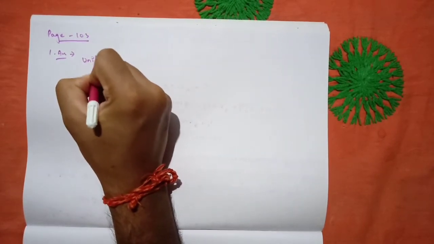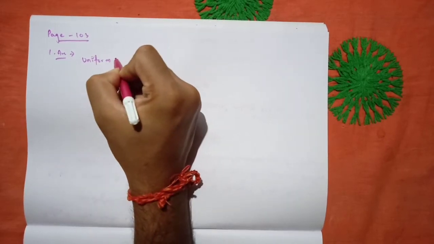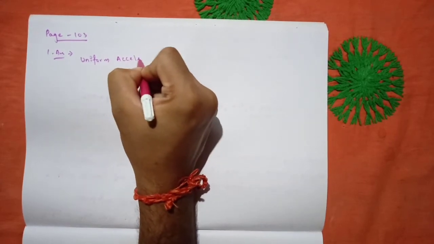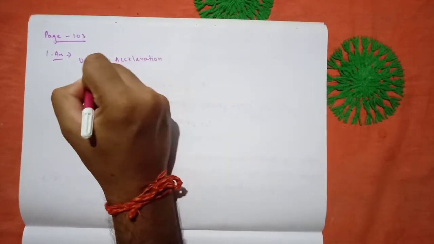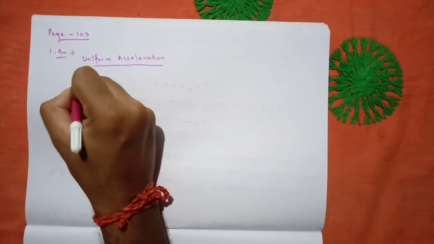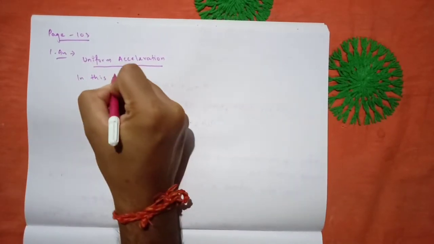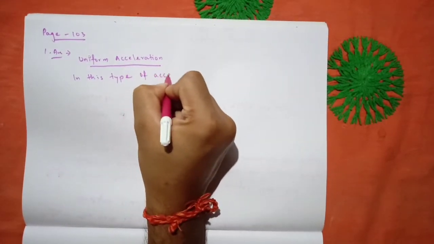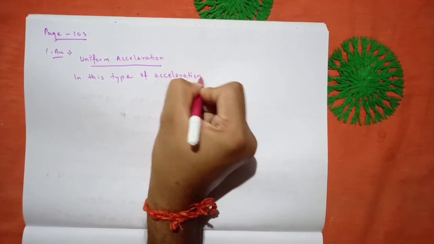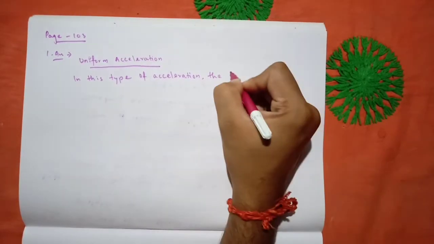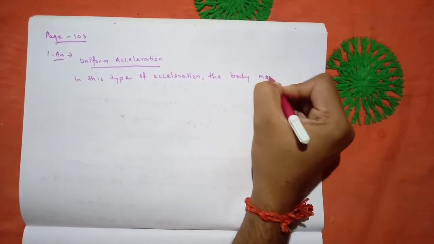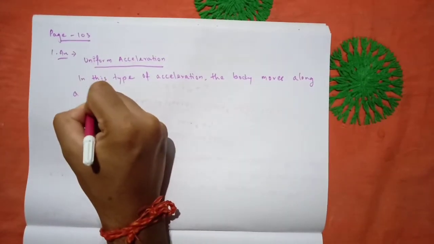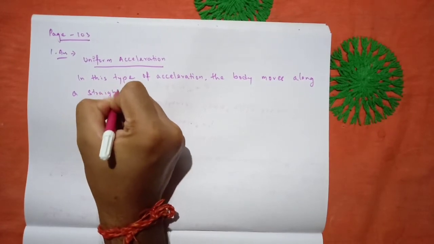So for uniform acceleration, in this type of acceleration, the body moves along a straight line